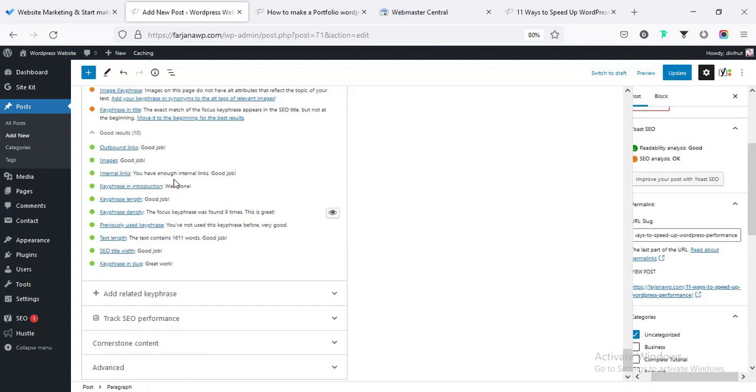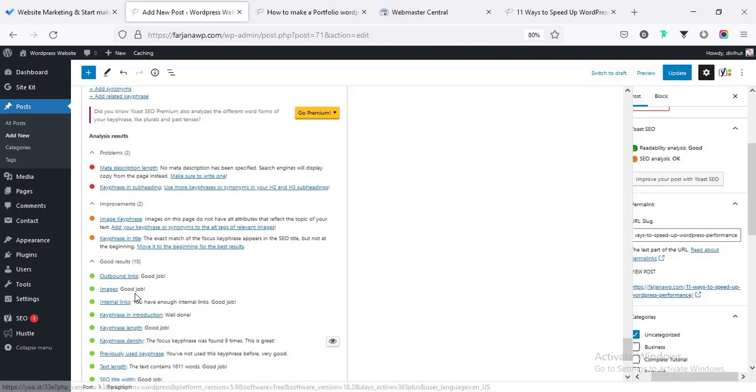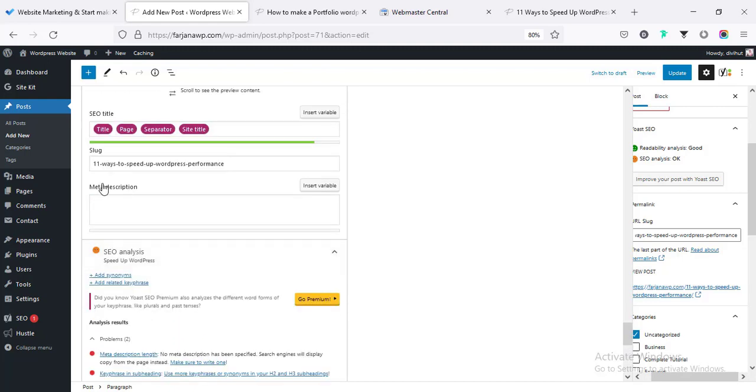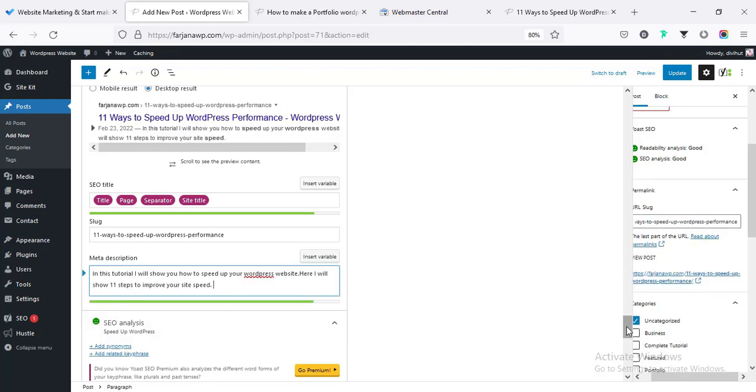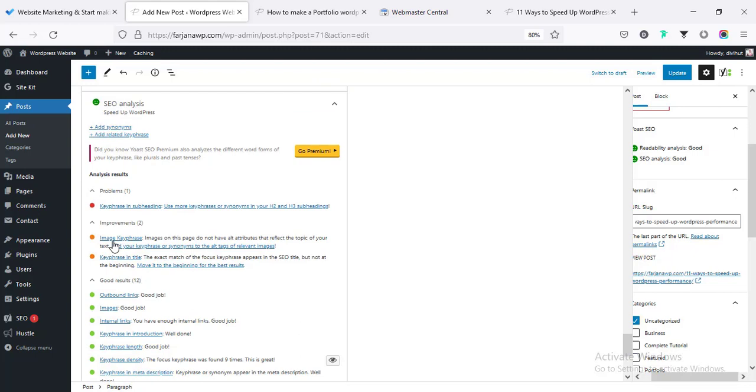Internal link, you have enough internal link. So when I add only one internal link, this is solved. Then meta description length, we have to add meta description. Here is meta description. We can add some small meta description. This meta description will show in search result after the title. I'm going to add some text including our focus keyword. Alright, I'm done, and now if I check, this point is done and only one is left, key phrase